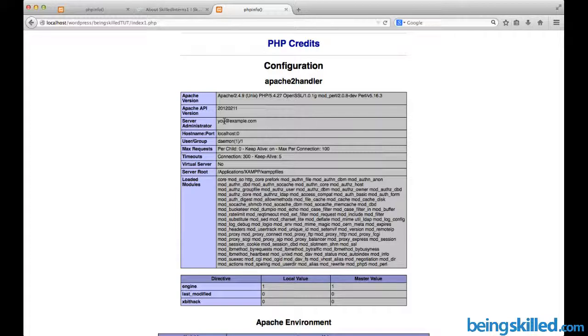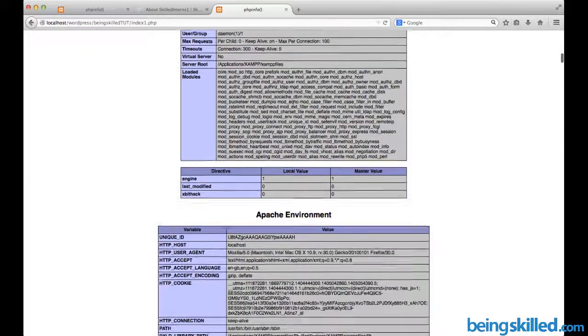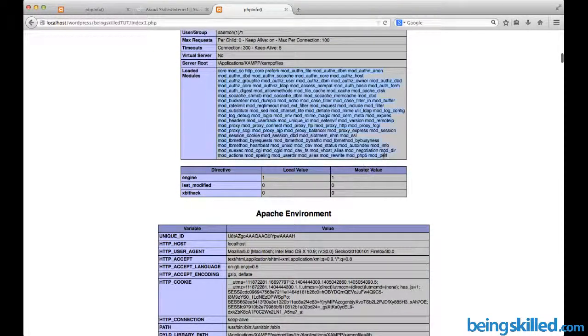So if you will be configuring it on your server, then you can obviously modify it so that all the error logs and all the main details which are generated, like security reports, will be sent to your email ID. Then we have localhost as our host name, and the port is 0, and then the maximum requests which can be accepted is 100. Then virtual server support is not supported, and these are the loaded modules in the Apache.